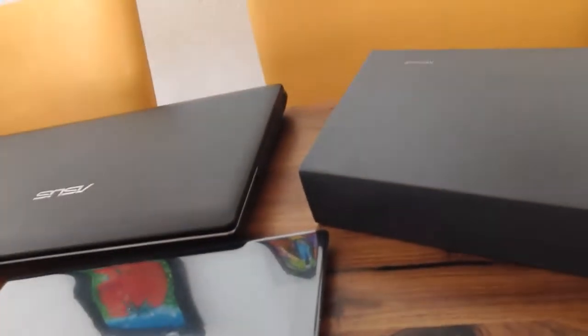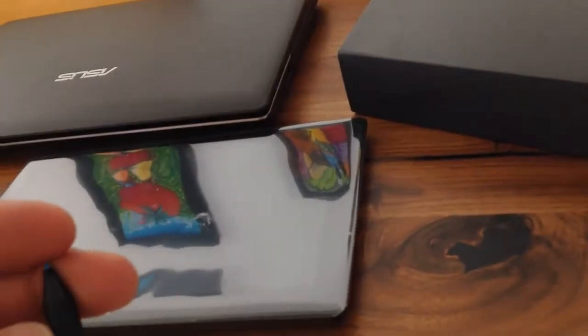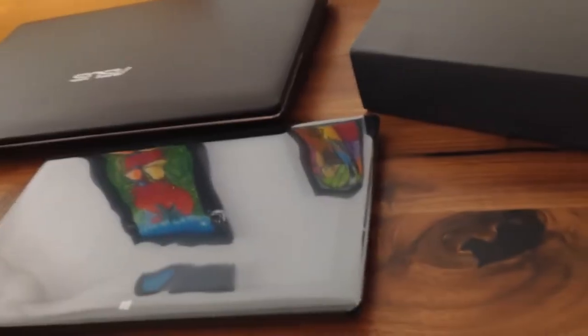And we've got a blue tip, which I think is a pretty nice looking pen. It could probably pass for a real pen, but then they put a blue tip on the top, and I always thought that looked kind of silly. And then lastly, we have our power brick, which I think is also pretty cool because,